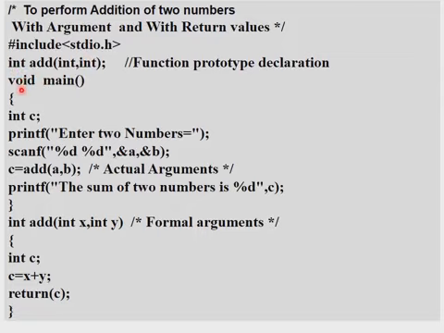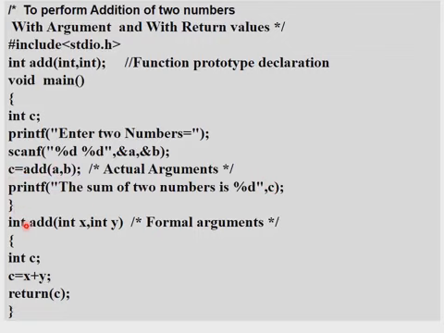So we can call this function in the main function, void main, with one variable C, and we will accept the two numbers and scan the two numbers like A and B, and we will call this function as add A comma B. We have passed these actual arguments into the add function, and whatever value is returned will be copied into this C, that is a return variable, and we will print the sum which will be calculated from this function.